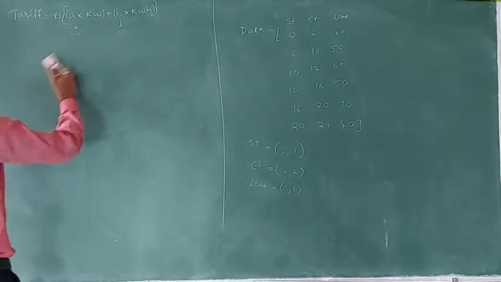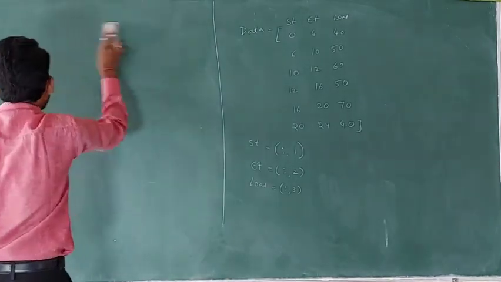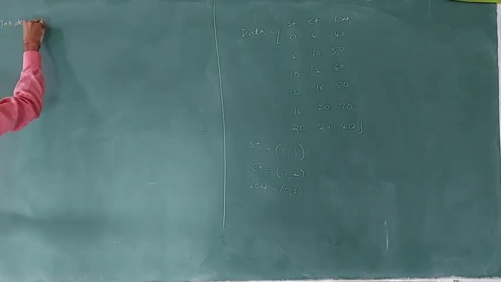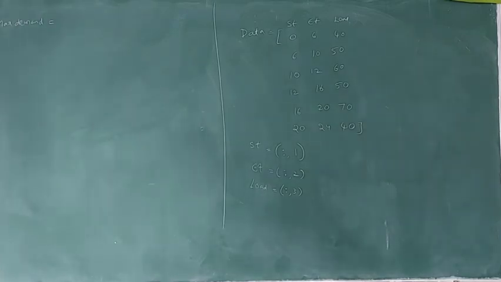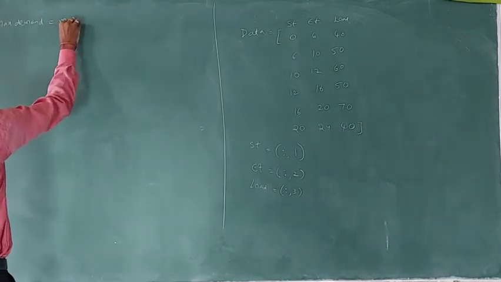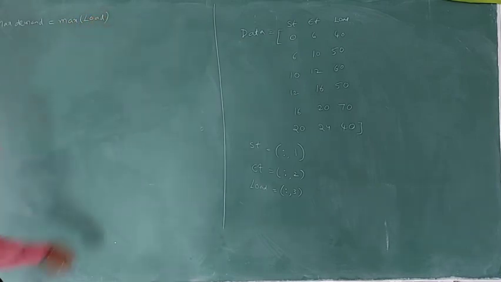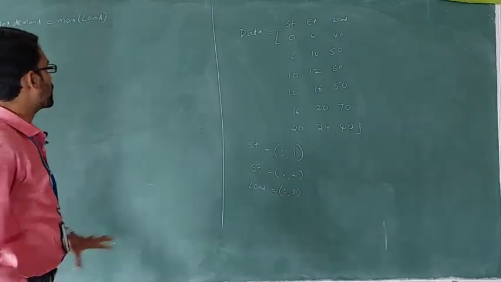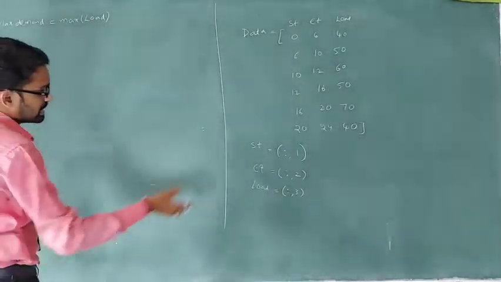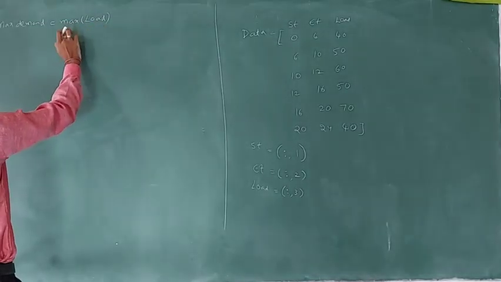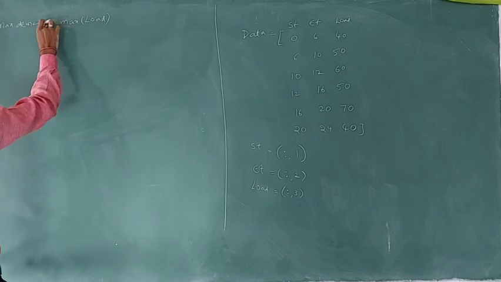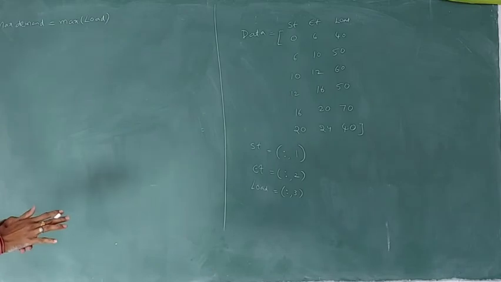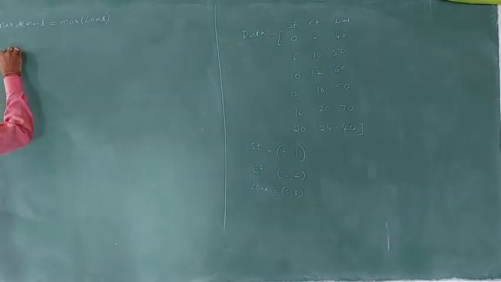Next we will calculate the maximum demand. So they are asking us to calculate the maximum demand. How to write the code for that? Max demand is equal to, you have to consider from the load, that means max load. As we are storing the load data from the third column, we have already stored the data. So out of that, which one is the maximum in the load data? Max demand is equal to max of load. So that gives your maximum demand, and then you have to calculate the units generated.